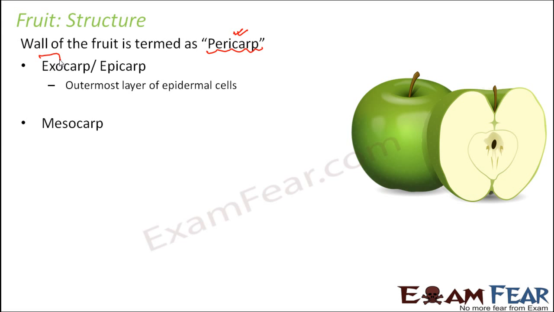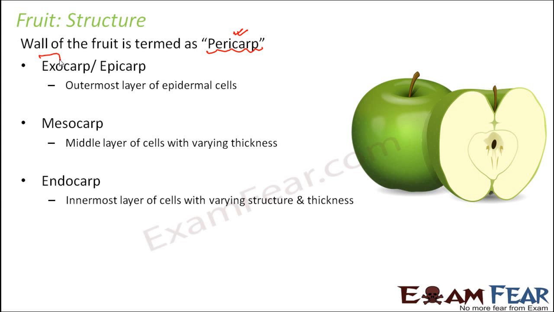Next is mesocarp. Meso means middle. So the layer which is present in the middle, the middle layer of cells with varying thickness, that is mesocarp, and the last one is endocarp. Endo means inside, so the innermost layer of cells with varying structure and thickness. So basically pericarp, that is the wall of the fruit, in itself is made up of three walls: outermost exocarp, middle mesocarp, and innermost endocarp. So these are the three walls of